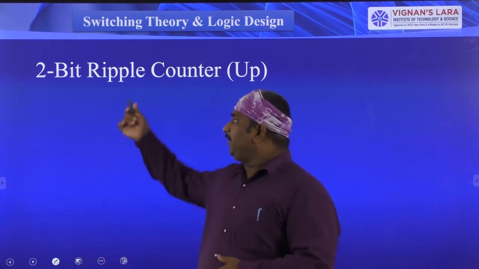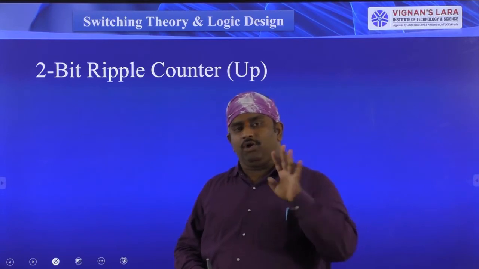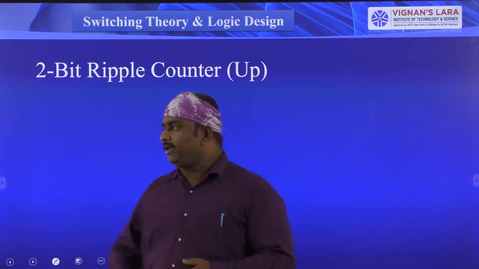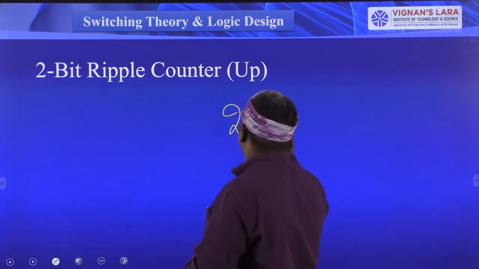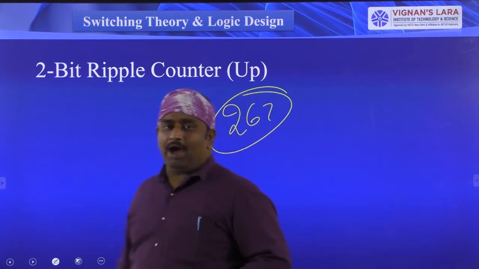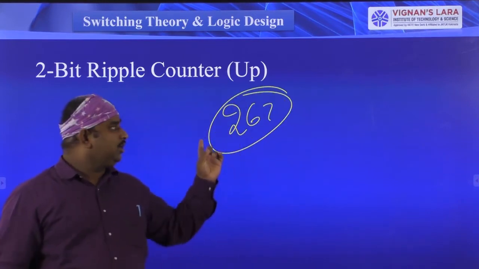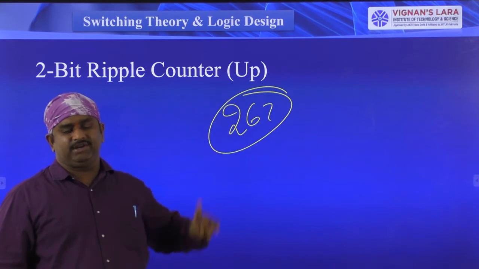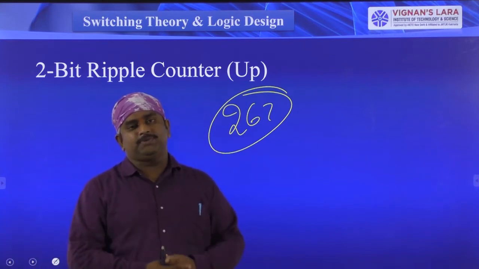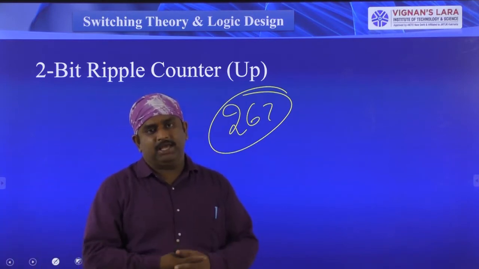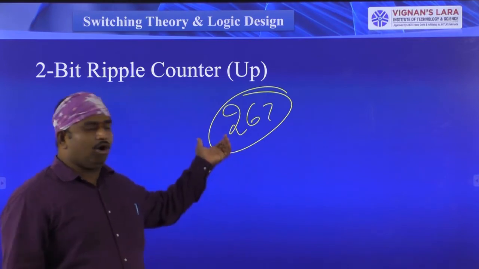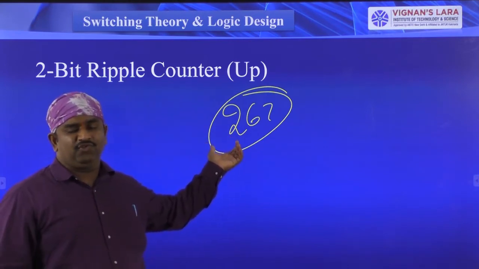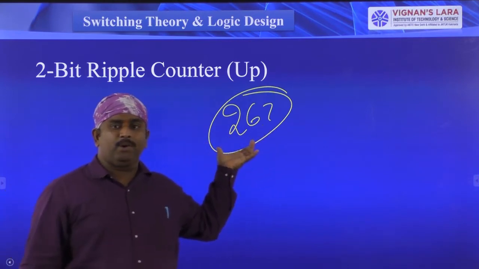Okay. Here by using 2-bit counter, we did 4 counting operations. For example, I am giving 267. I have to perform this many number of counts. If I want to perform 267 counts, then how many flip-flops I required here? How many T flip-flops I required here? So check that combination. Nearly 9 flip-flops you required. So where 2 power